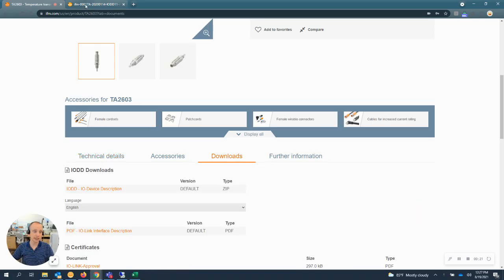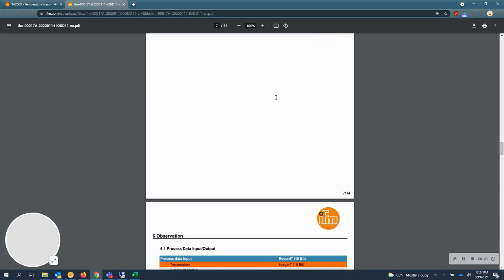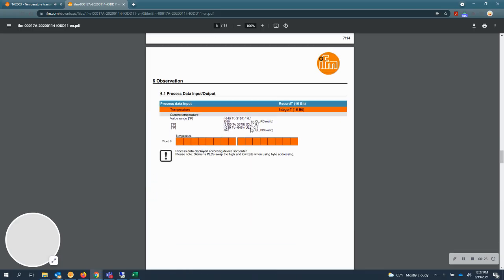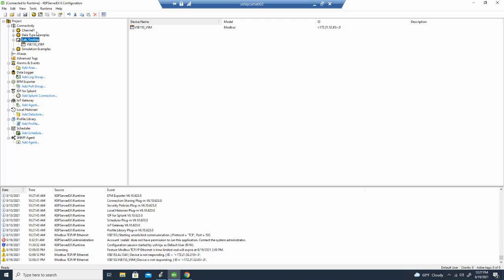PDF document. That's going to populate, and we'll find on this one on page 8, you get 2 bytes of data. And that data is going to be in Fahrenheit for the TA2605, and we're going to need to multiply by a decimal point to get the correct value. Not too bad. Okay, so let's jump to the lab where I have Kepware running,